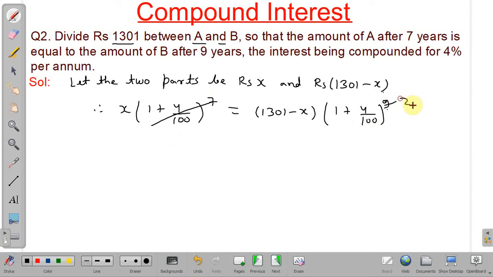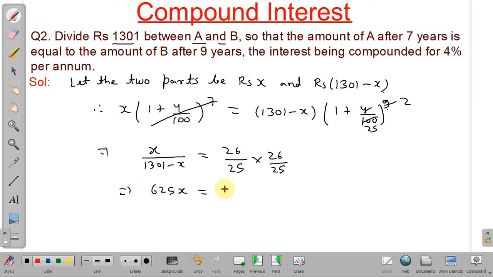Okay. Now 1 plus 4 by 100 to the power 7, if you cancel this and divide this, we will get power 2. Okay. So 1 plus 4 by 100 to the power 2. And from here we will get x by 1301 minus x equal to 26 by 25 to the power 2. See, when we divide this, we will get 26 by 25. And after cross multiplication, we will get 625x equal to 676 into 1301